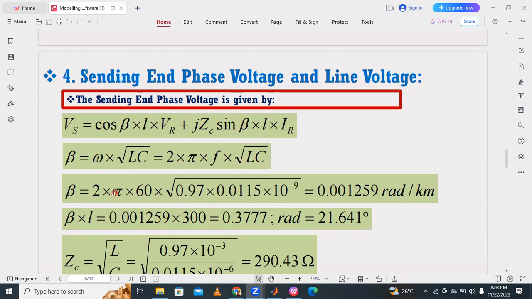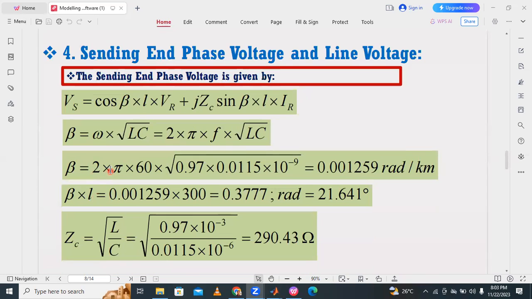By substituting the values, with frequency 60 hertz and root of LC, where L is 0.97 and C is 0.0115 into 10 to the power minus 9, we will get beta as 0.001259 radians per kilometer. And then beta into L we will get